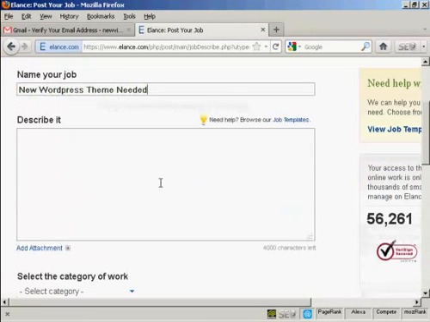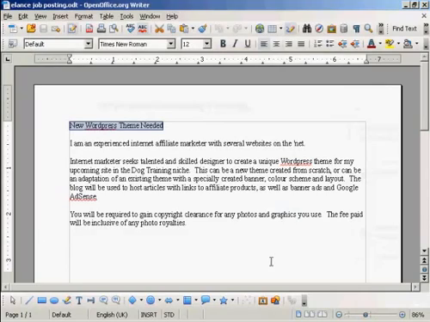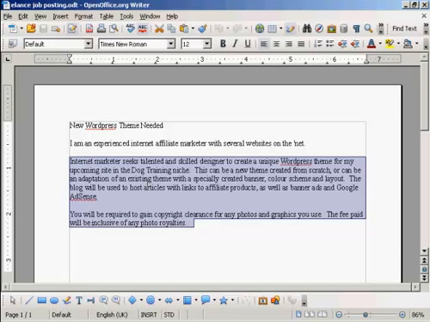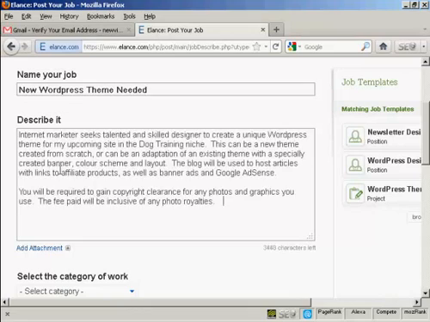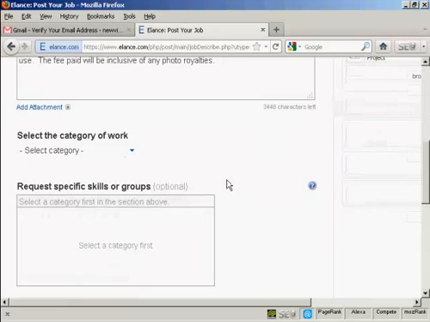so we can put that in, and then here is my job that I want to have somebody do. I can post that in, and then I need to select the category of the work,